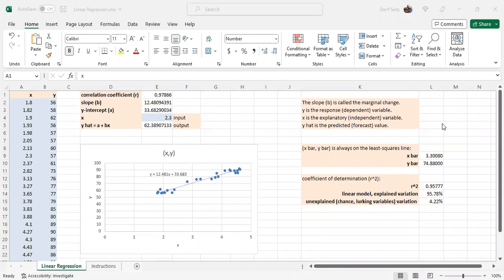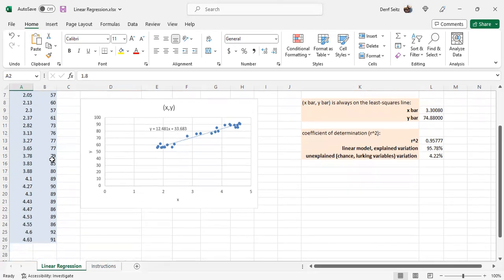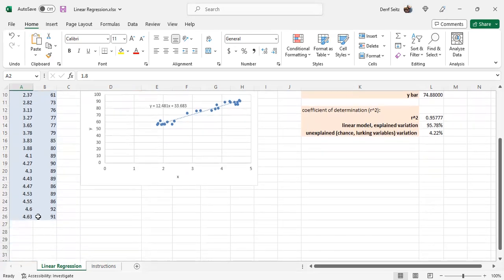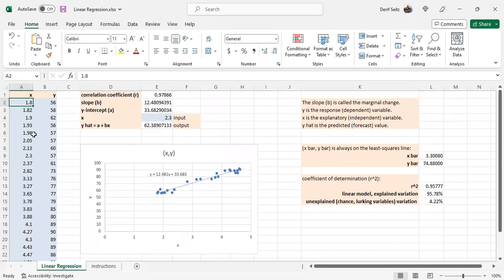This video shows how to investigate linear regression using Microsoft Excel. The first two columns, labeled X and Y, are where, in the blue cells, you'll enter your data as a set of ordered pairs, X and Y ordered pairs that correspond to points on a graph with a horizontal x-axis and a vertical y-axis. If you need more than 25 actual data values in the blue cell area,